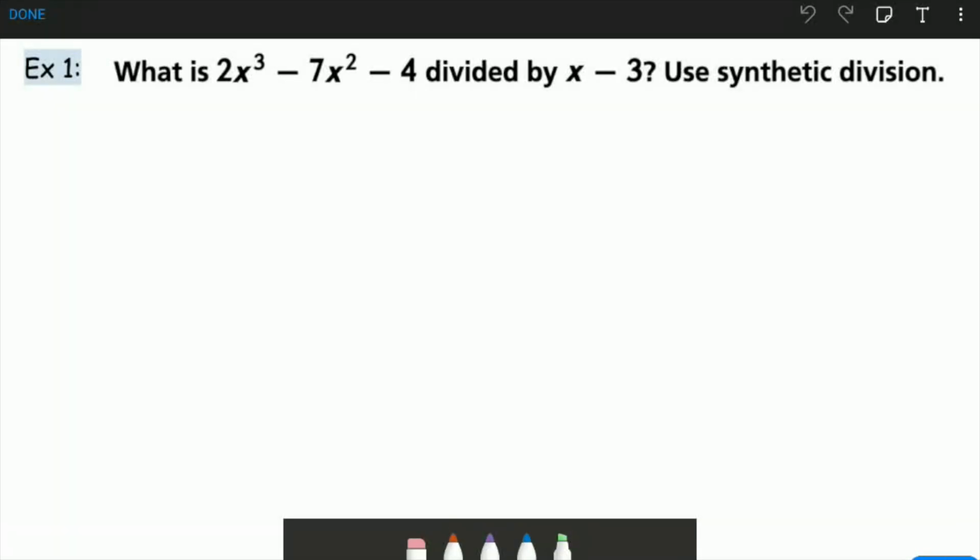In this example, we're going to be going over synthetic division. Synthetic division is a process of dividing polynomials, specifically by a linear divisor. The divisor must be linear in order for synthetic division to work, but it's a process or an algorithm to divide a polynomial by a linear divisor. So it does have its limitations with the linear divisor, but is much quicker and a lot less writing than